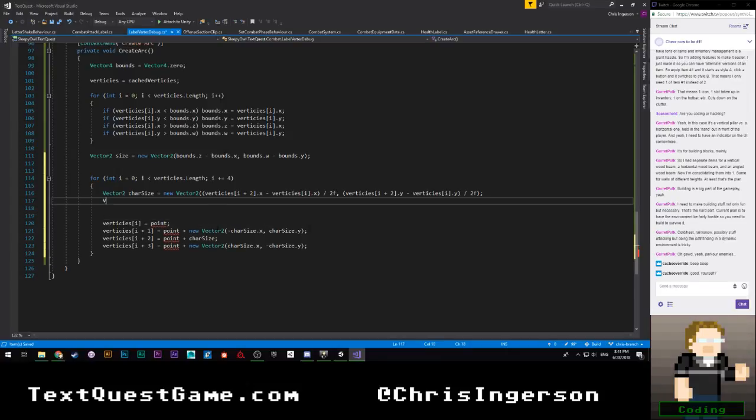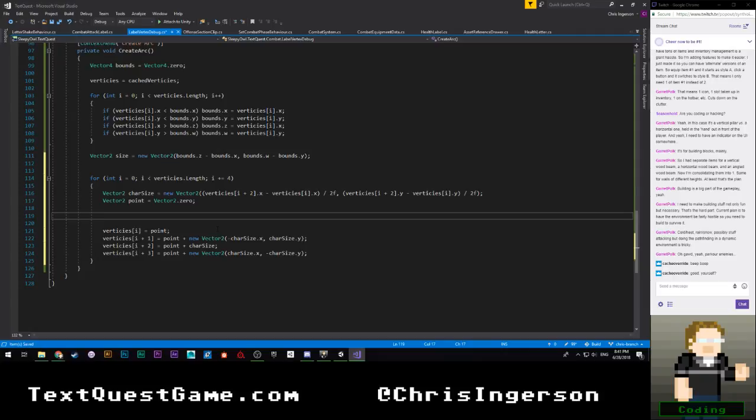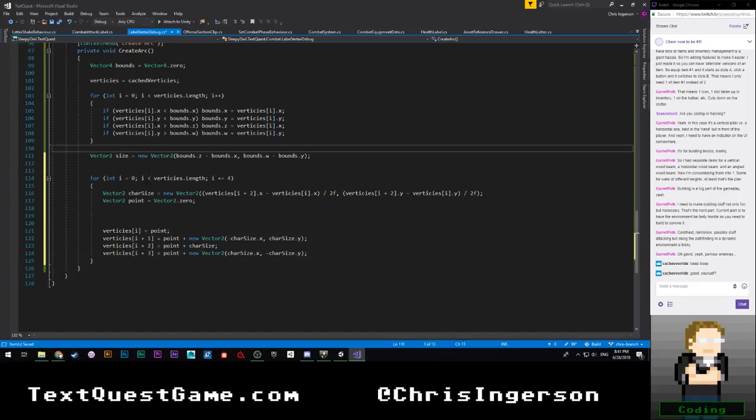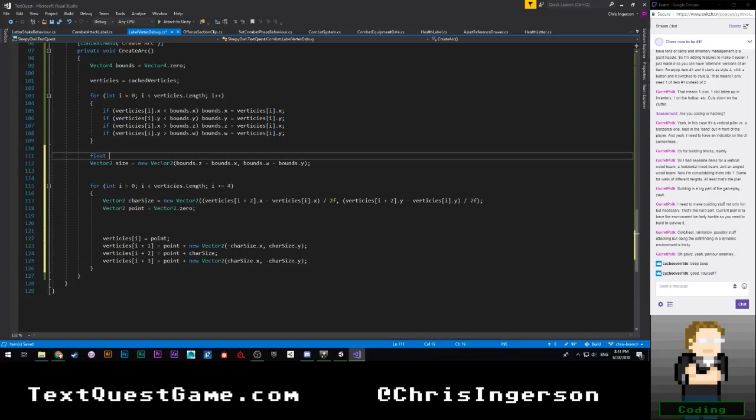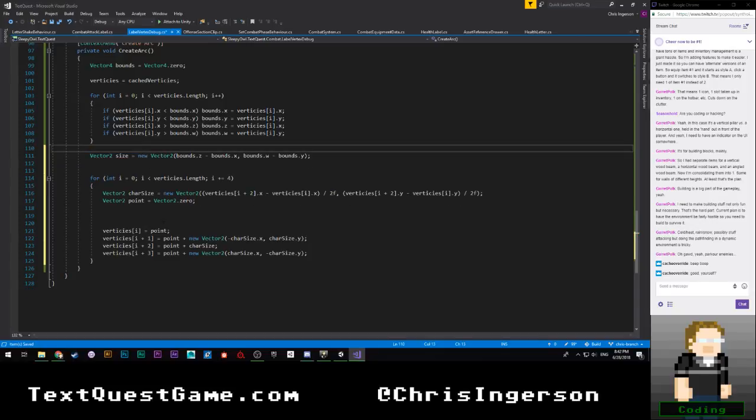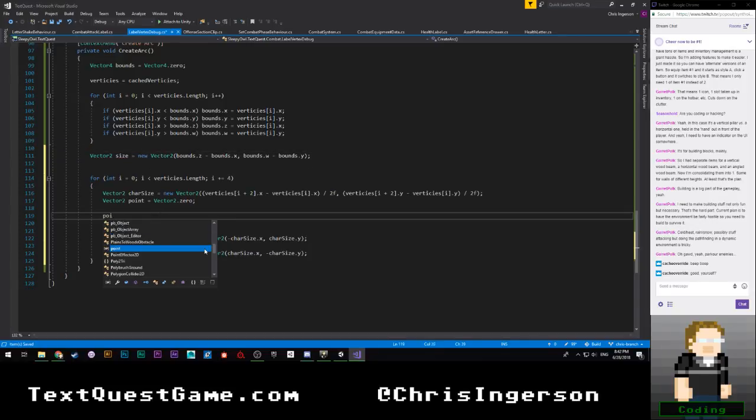So instead, Vector2 point is going to be equal to Vector2.zero for now. But we are going to want to evaluate that based on, let's see. Okay. So I probably want to have a float centerY is equal to, I guess it would be 0, wouldn't it? So never mind, that's actually pretty easy. So point is essentially going to be equal to